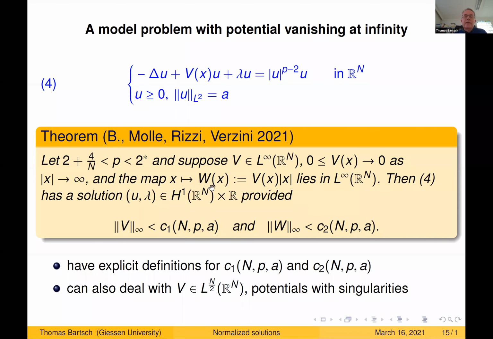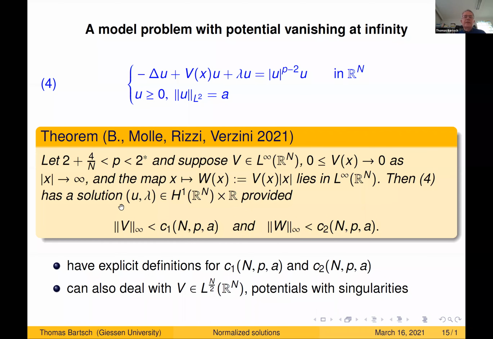And I also need that the function V of x times the norm of x also lies in L infinity. So you see V of x